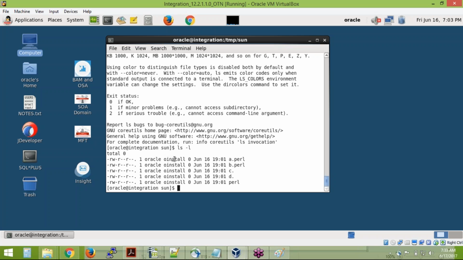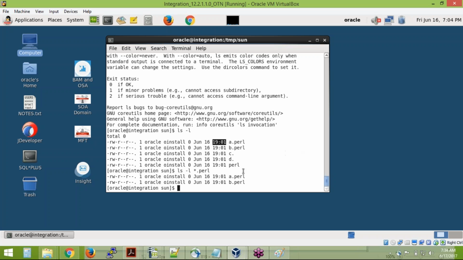It will show you the username, group, date, timestamp, etc. Okay, so I want to list all of the files which have the .perl extension. So I say *.perl. It will show you only those files which have the Perl extension. Okay, similar way you can use